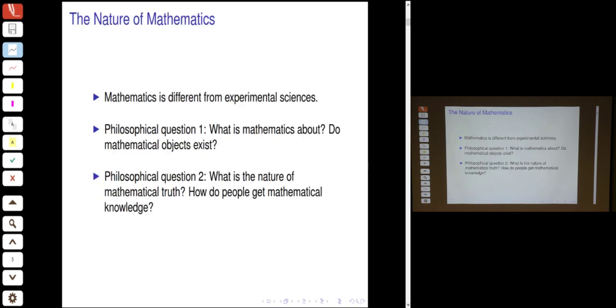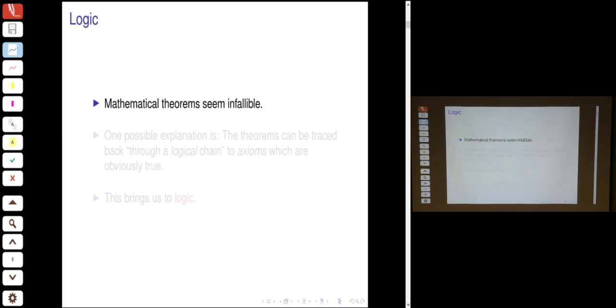By the way, I don't have an answer, and in the philosophy department, people are still debating. So it's not as laughable or as shallow as you might think. It's actually very, very interesting, very deep questions. There are books written and lots of things behind these. But my purpose is not to answer those two questions, but to say the importance of logic